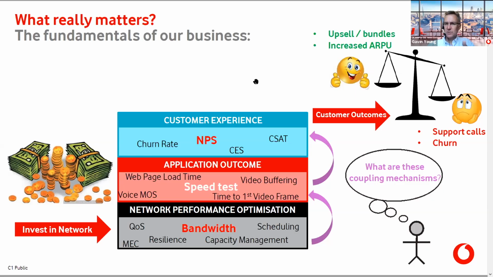But what customers really use those networks for is to connect and deliver applications, and it's the application outcome that is important. And there are ways of testing that. Some are application specific, ways of measuring voice quality or video quality on networks. There are some generic approaches, and some applications, things like web page load time, are important for surfing. But typically the main way a customer tests their own broadband connection is via a speed test.